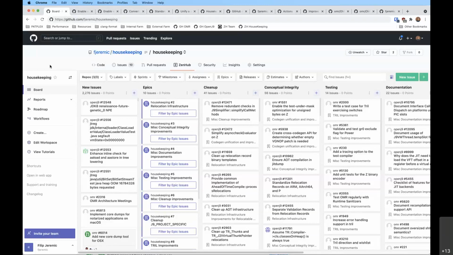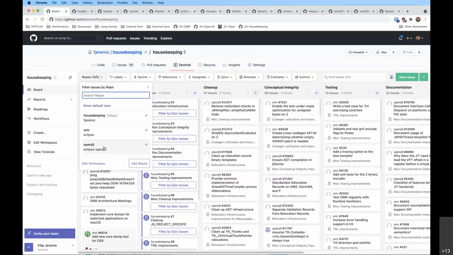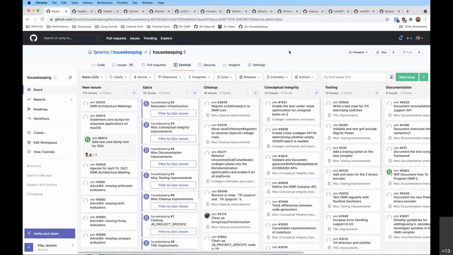So we launched an initiative about 2 months ago to hopefully involve all of the devs working on the code base to pitch in and try to clean up some of the issues that we've identified. We started a Zenhub to collate everything into an easy to find place. It's currently just hosted on a repo that we created on my personal workspace. And it's tagging, I think, issues from both OpenJ9 and OMR. But if we just take a look at the OMR ones,